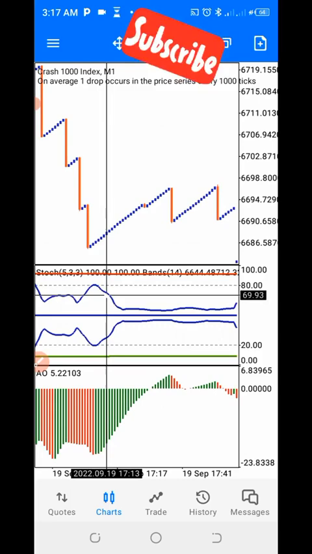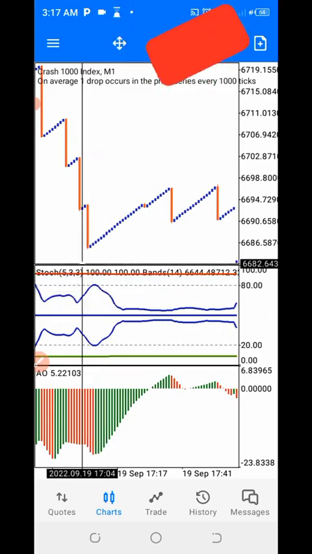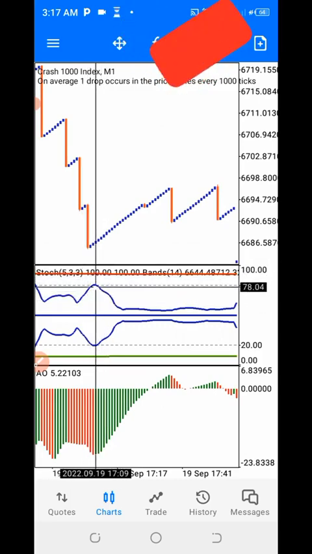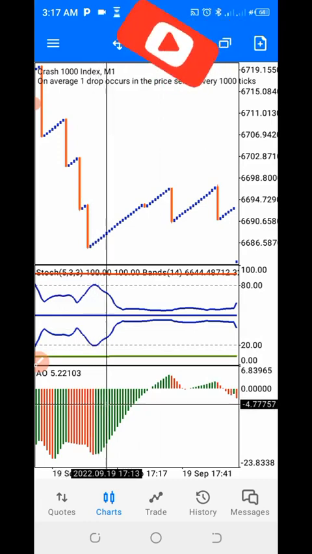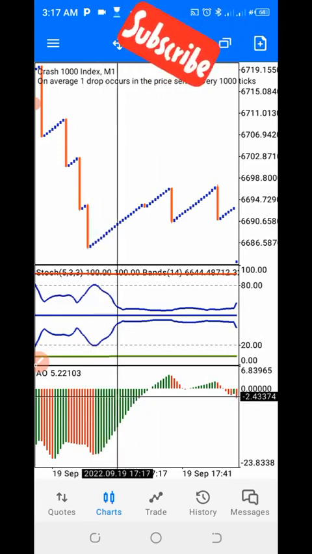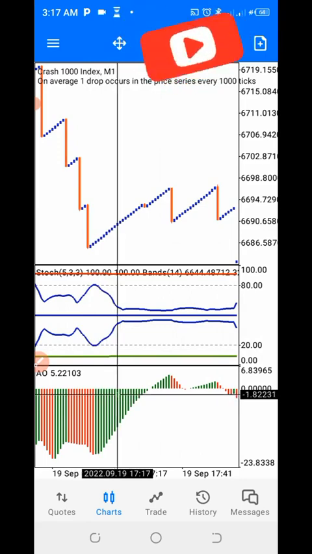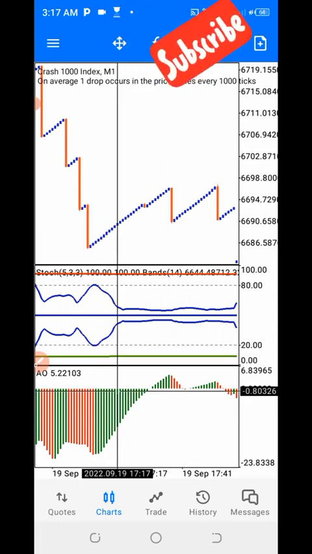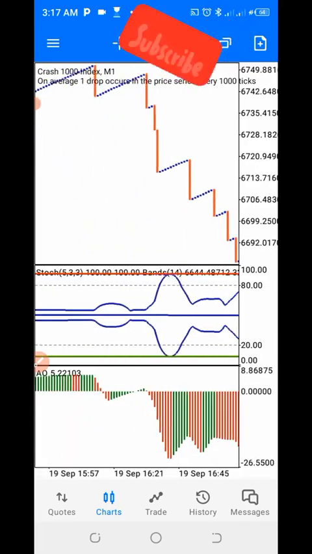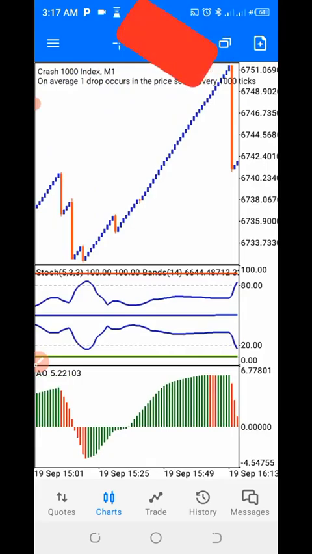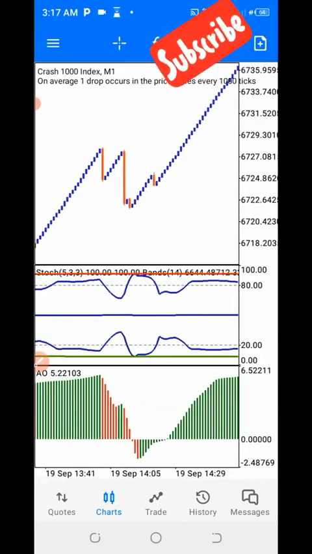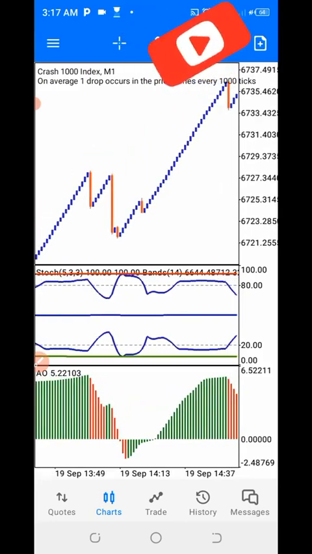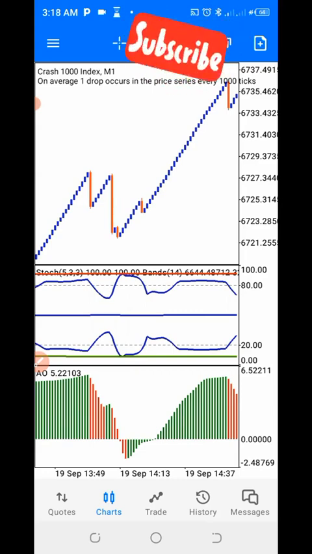This is another example. Wait for that spike. After the spike, the Bollinger Band will open up. Then your awesome oscillator will switch from red to green. Once it switches from red to green, you can enter and take your 10 candles easily. You can do this as many times as possible daily. You are not even checking the daily trend, you are not checking the 4-hour trend. No, just go to your 1 minute time frame, wait for that spike, and after the spike, make sure your awesome oscillator switches from red to green.